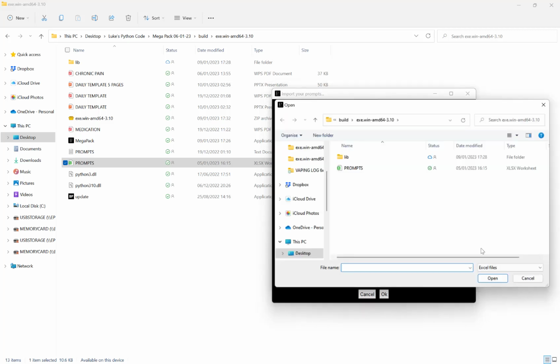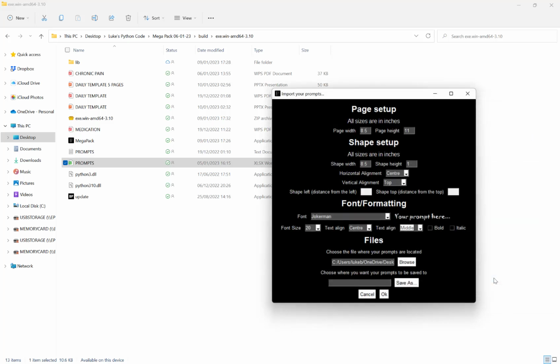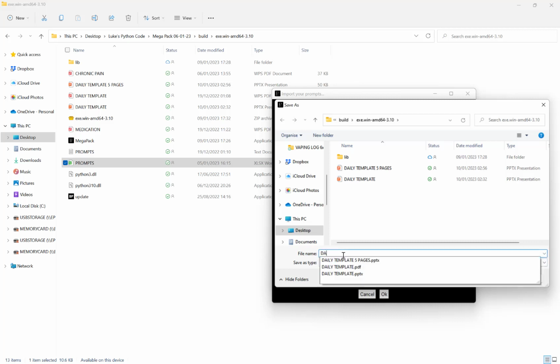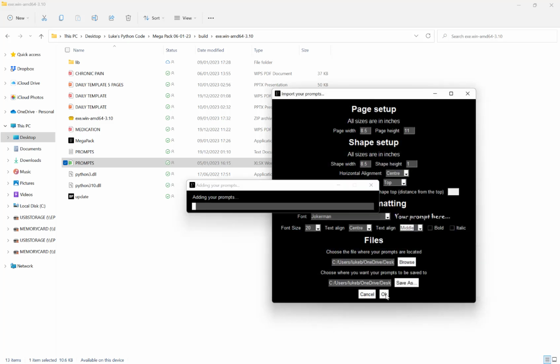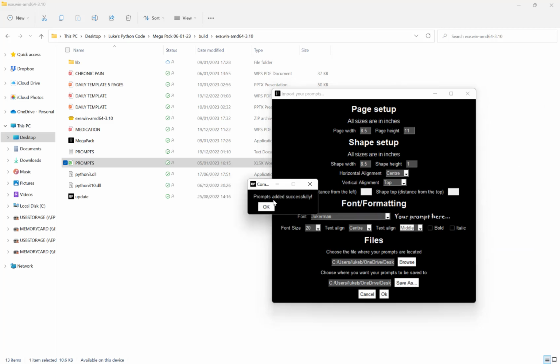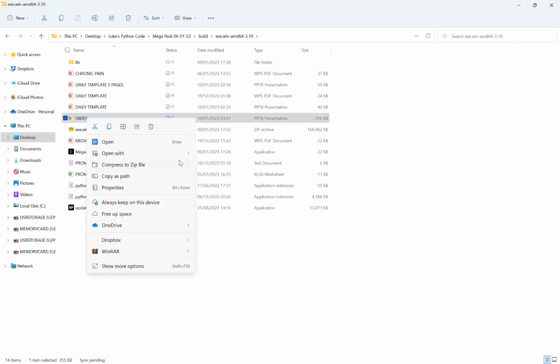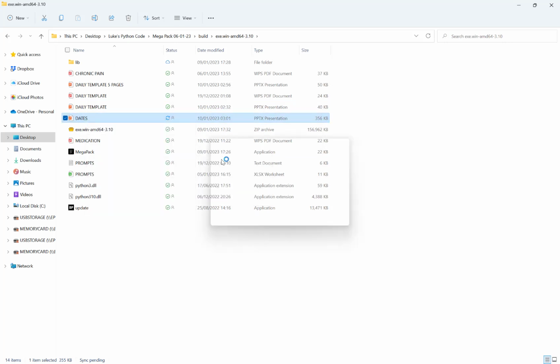hit browse, I'm going to use my text file here, hit open, and then finally choose where I want this file to be saved. And I can choose a PowerPoint file, a PDF file, or an OpenOffice file. Let's do a PowerPoint, and we'll call this dates. Hit save and then OK. Wait for that to complete, and that's done. If I then open that in PowerPoint to show you,